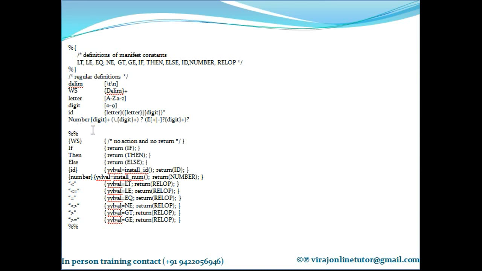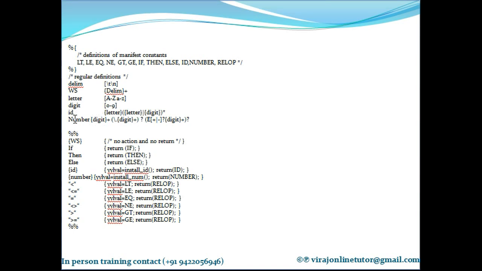The next is the number. So I am saying one or more digits followed by a dot and digits, and this is optional because it can be an integer number or a floating point number. Integer numbers don't have a dot. That's why this particular part is optional. There is a question mark, saying this bracket is 0 or 1 times. If the number is an integer, this bracket is repeated 0 times. That means it is just one or more digits.